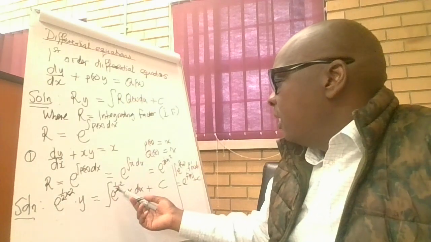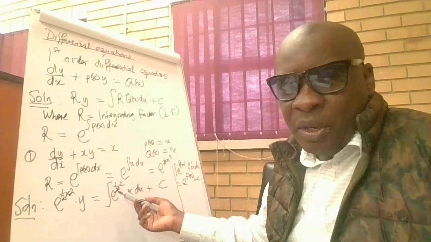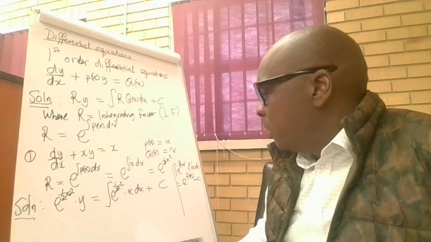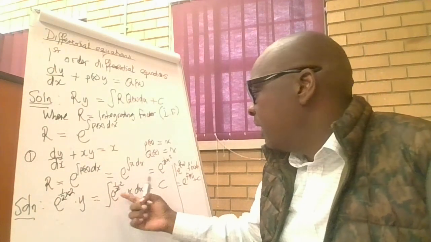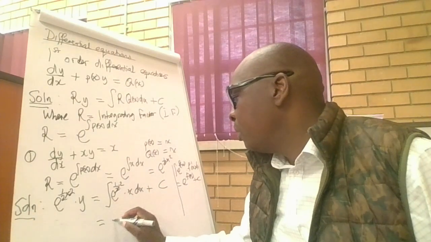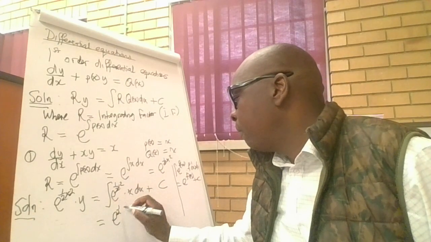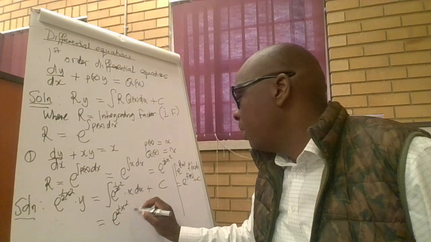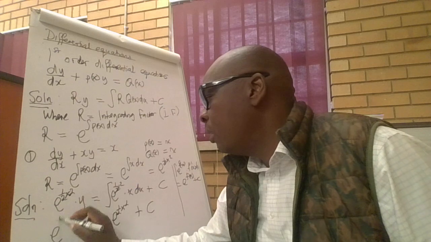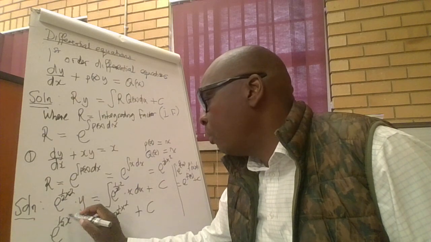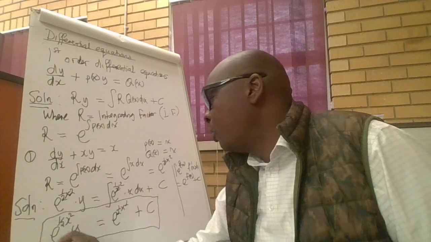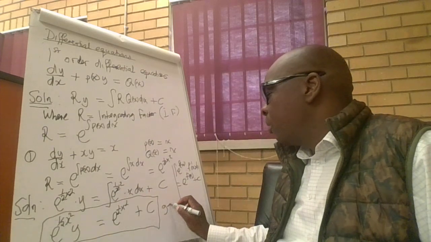So I can see here that my f(x) is half x squared. So if I differentiate half x squared, I'm actually going to get x. So that means the integral part of this here would be equal to e to the power half x squared, and of course plus c. So ultimately, my solution to this differential equation would be given by this here. And this solution, we call it a